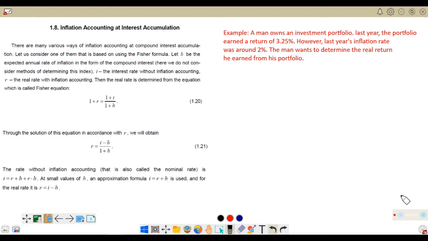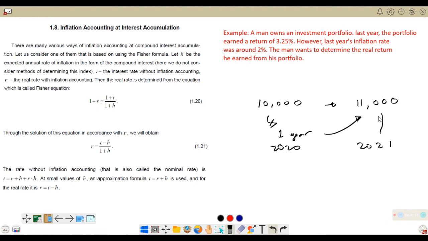Nag-invest ka, for example, ng 10,000, kasi you are targeting to buy a certain gadget worth 11,000 at the end of the term. So, itong 10,000, iniwan mo siya for 1 year, hoping that it will grow to 11,000. At the end of the year, for example, year 2020 mo to ininvest, year 2021, na-achieve mo talaga si 11,000. But, imbis na mabili mo yung gadget na bibilin mo dapat, for example, phone or tablet, it is already 13,000 now,